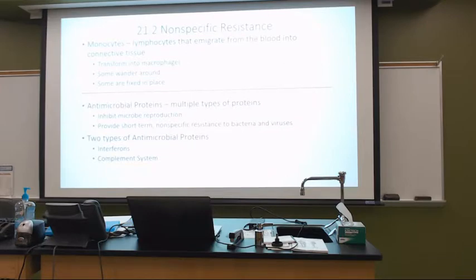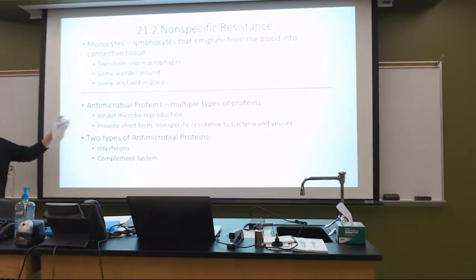Some of them will just simply continue to wander around in the blood, in the tissues, and have a lifespan of about 7 to 10 days and be done. Some of them get fixed in place. The T cells, for example, macrophages that'll go sit in lymph nodes. So these cells, all of them have jobs, but when we begin to create specificity is when we have officially activated the immune system.